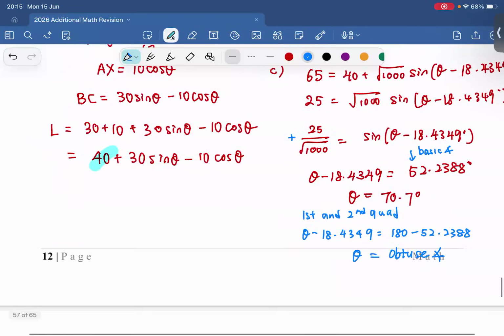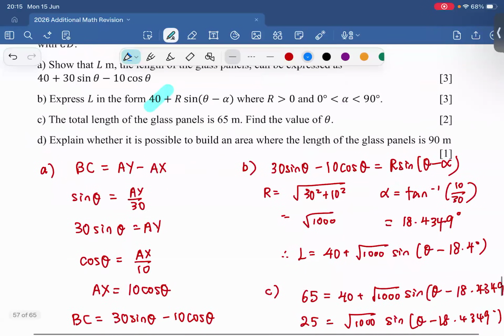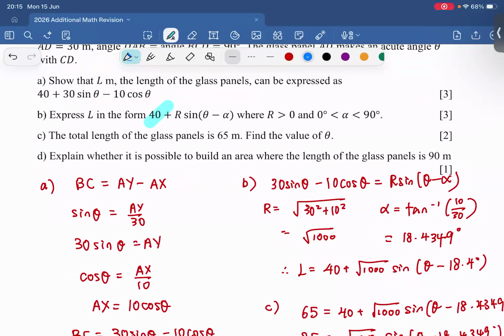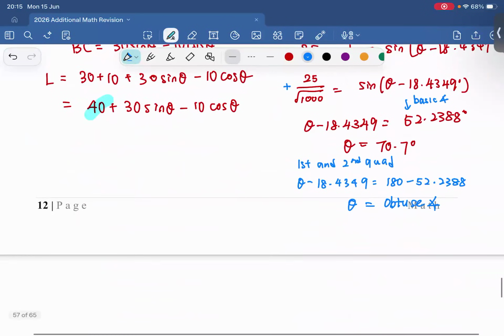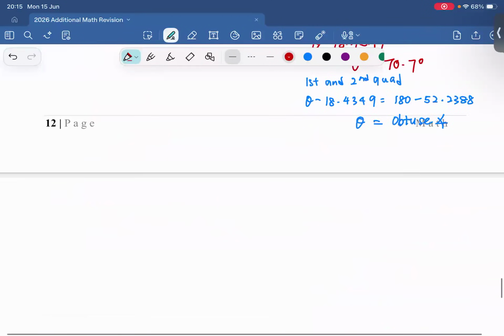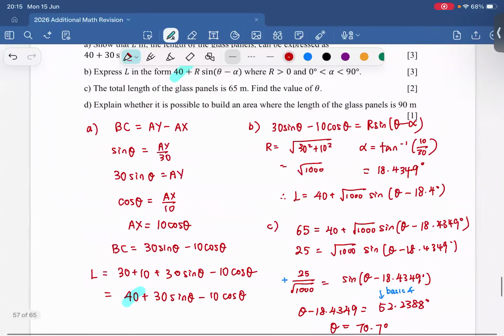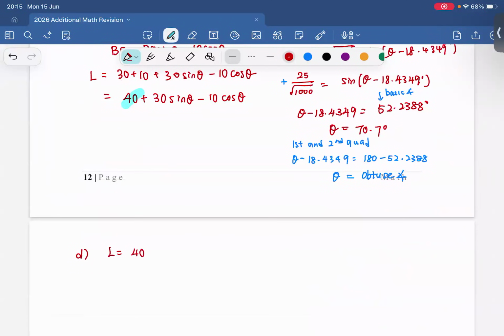What did the next part ask? Explain whether it is possible to build an area where the length of the glass panel is 90 meter. Okay, so let's take a look at whether it is possible or not. So we know that the length is actually equal to 40 plus square root 1000 sine theta minus 18.4349. So from this, we know one thing: sine is definitely a number that is between